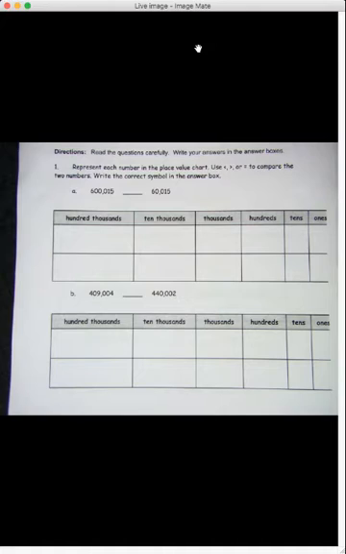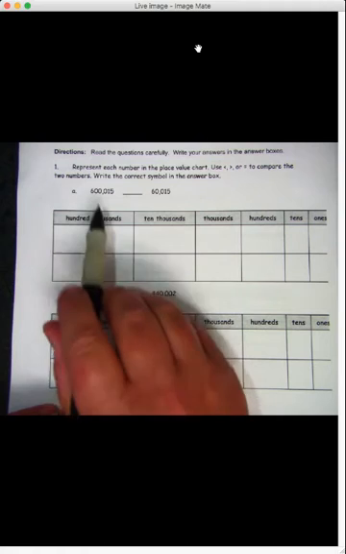Today we're looking at less than, greater than, or equal to. And so we're comparing numbers. Now, let's take a look at these first two numbers, and we'll do it the way the videos showed us. We'll put it in the place value chart just to make sure we understand exactly why one number is greater than or less than another. So we'll take this first number here,